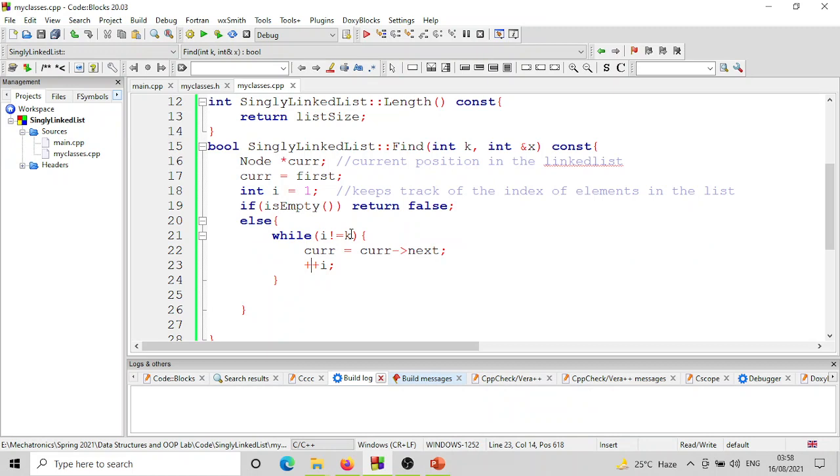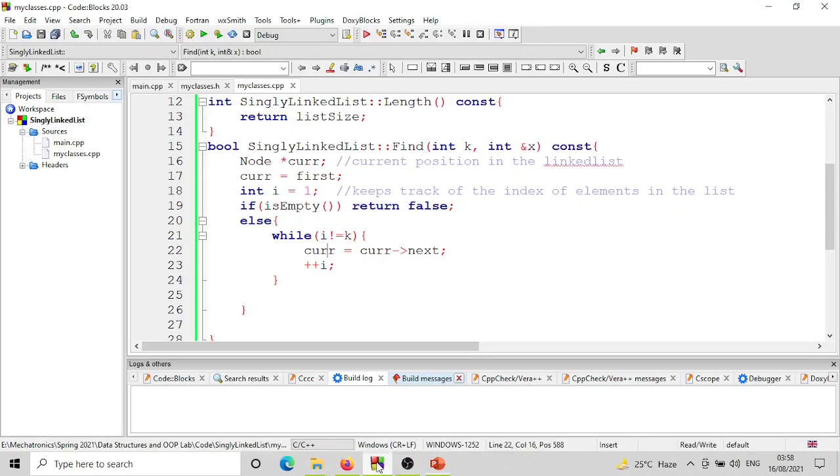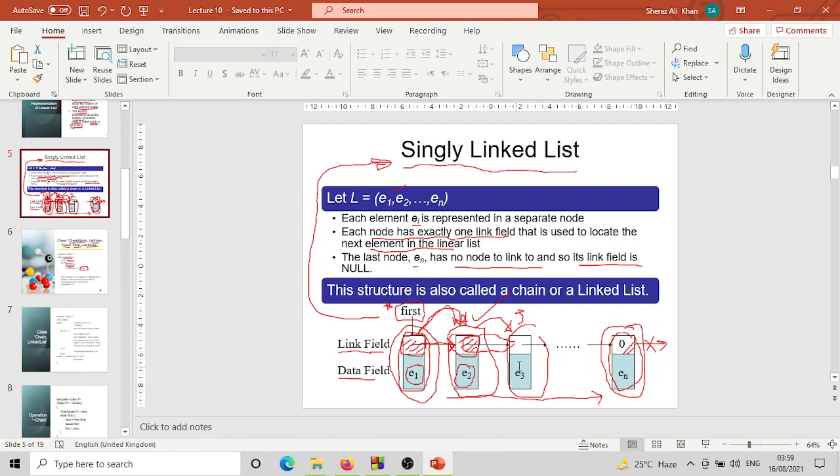2 is not equal to 3, so this is true, we come here, we say current is equal to current arrow next, हम थर्ड नोड पे जंप लगा लेते हैं and we make i is equal to 3, now 3 is equal to k, it is not not-equal, this condition becomes false and we get out of the loop, ठीक है, we get out of the loop, ठीक है।